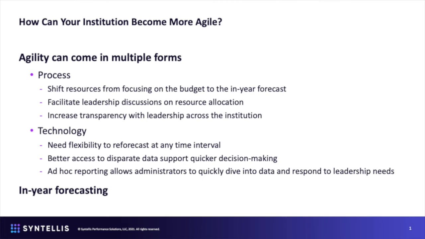We'll talk about some of the metrics we've seen in terms of the length of the budget process. Also, we want to make sure we're facilitating leadership discussions on resource allocation. We want to look back at the budget, but at some point that budget becomes moot, and we've got to make sure leadership's on board with what we think is going to happen, not what we said was going to happen 6-7 months ago. And then transparency is also key, right? You're bringing more people into the fold and communicating across campus, getting everyone on the same page.